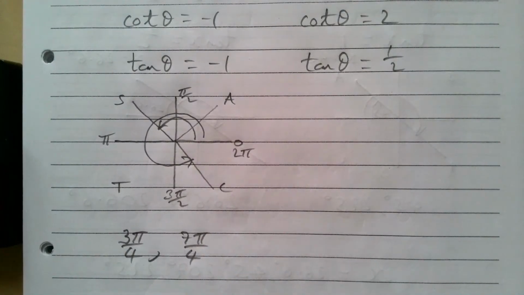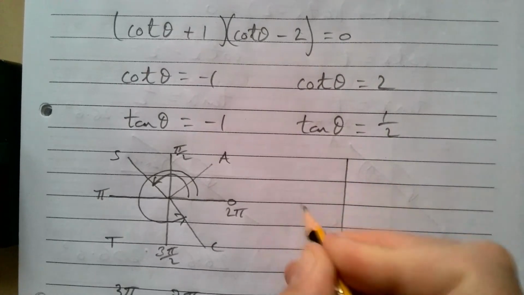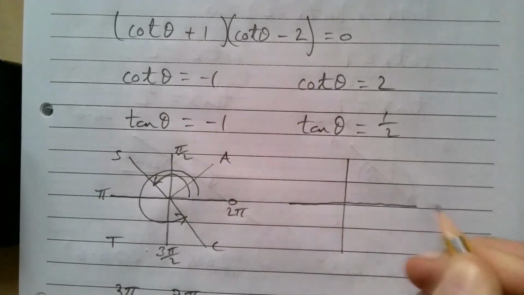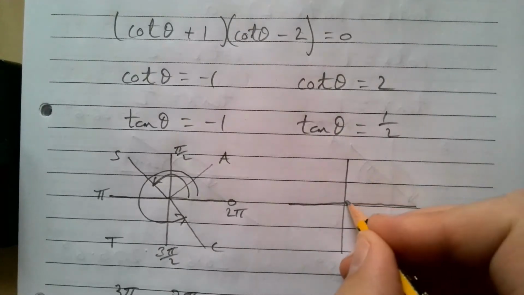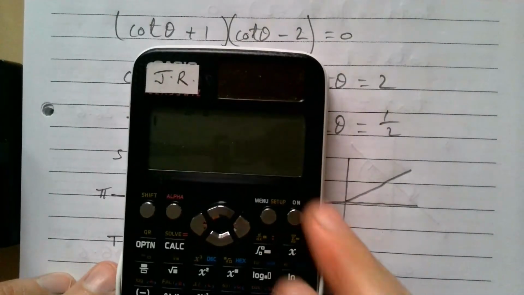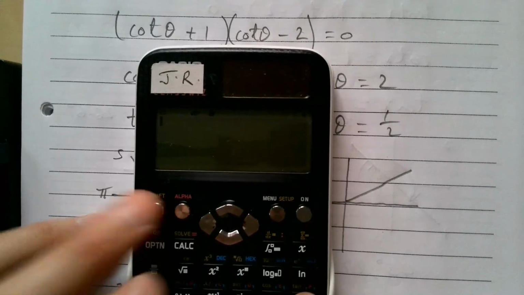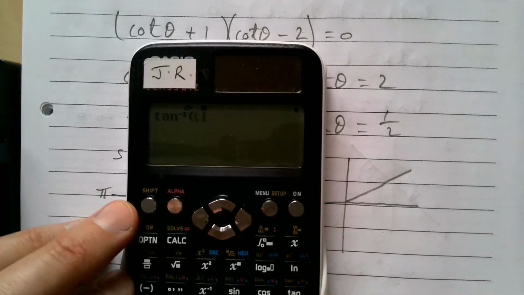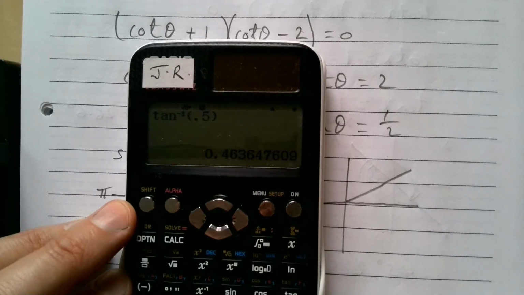which are my two answers for that one, whenever tan theta is a half? What are we going to get from here? This one isn't going to work out nicely in terms of pi, but we can still suss this out. So let's get our basic angle. If you can see this in the calculator, good reflection there. So we're going shift tan 0.5 equals radians, so that's 0.464